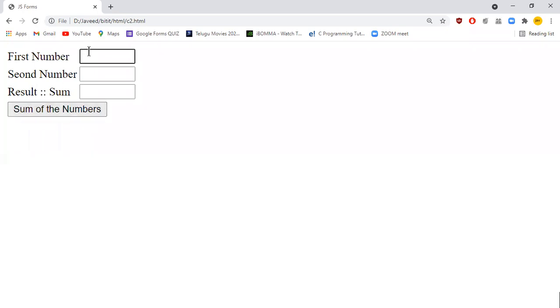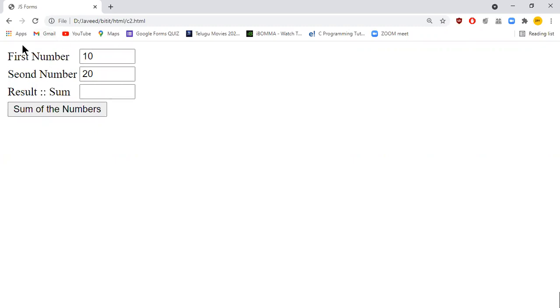Okay. So how we are going to do it now? So I type one number here, then tab key, another number I'm typing it. And then when I click on this button, I want to do some calculations. Now comes the question, how these calculations we are going to do, we'll discuss now. When I click on the button, I want to do some activity. Okay. Before I discuss more on that one, now for this, what we got: the first number, second number, result.